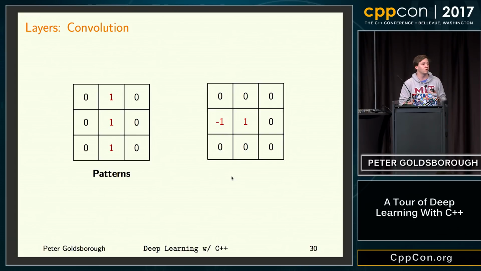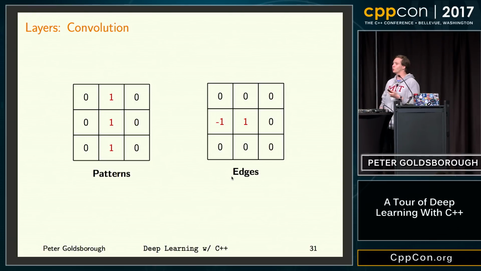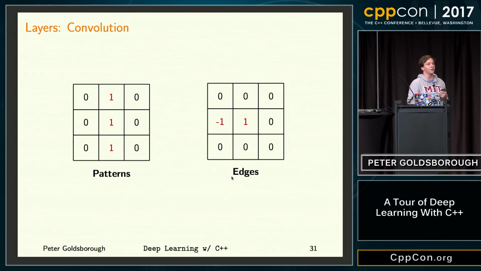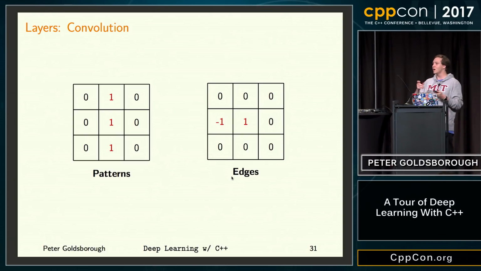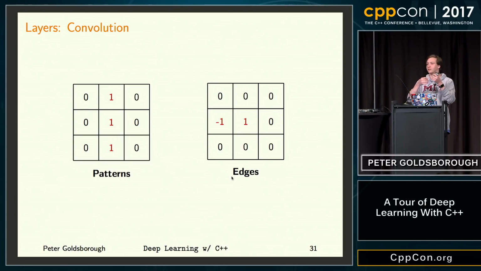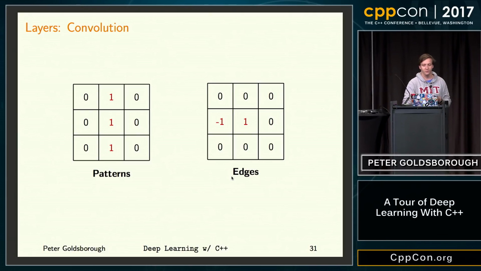I'm wondering if maybe anyone has an idea what that kernel on the right might pick up in an image. It's actually an edge. So it's quite interesting because it's a very simple kernel, but it picks up something quite interesting. So imagine you have a surface with the same color. Because the pixel on the left is the negative of the one on the right, those same color values will actually cancel out. But there's one point in an image where these values would not be similar, and that is at an edge of some surface, right? If you have a different color on the left than a color on the right, this output value will be non-zero. So this kind of kernel would pick up an edge. And we'll look at actual code to do that later on.